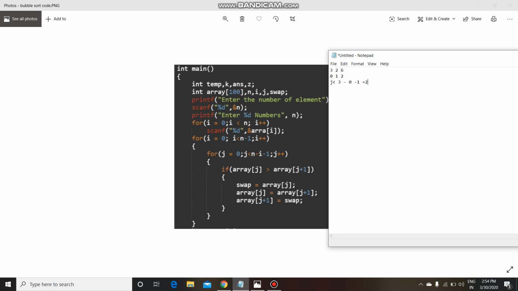j is less than 2, so it will pick the element from the 0th position, which is 3. 3 is greater than the j plus 1 element, which is 2. 3 is greater than 2, yes. So the swap will take place using the temporary element. In array of j, the 0th place, 2 will be present, and in array of j plus 1,